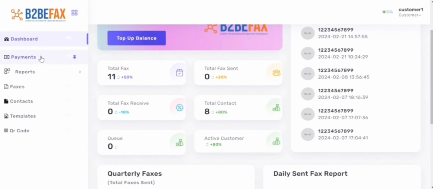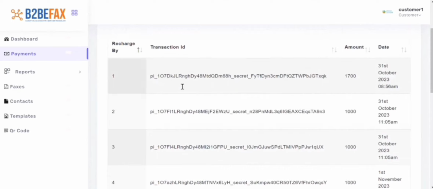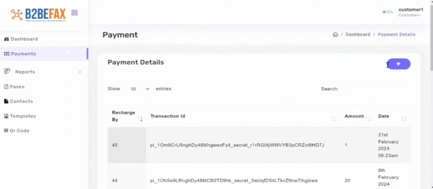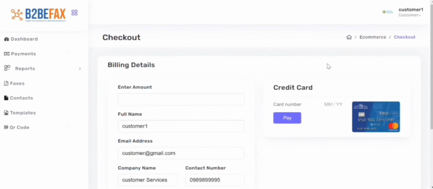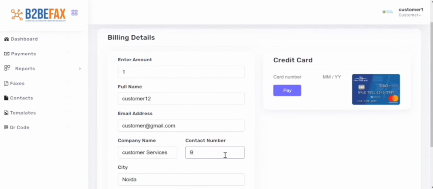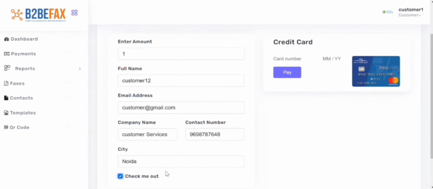The second module is payment. In the payment module we have payment details, which have the transaction ID, amount, date, and also we can add the payment. We can click the add button, enter amount, enter full name, enter the mobile number, check the checkbox,